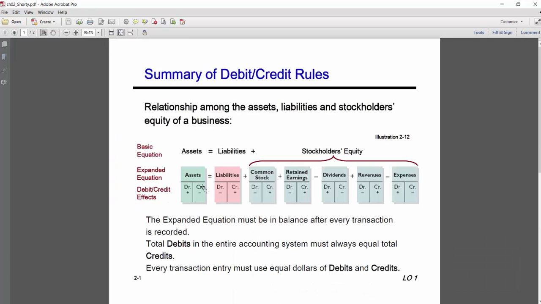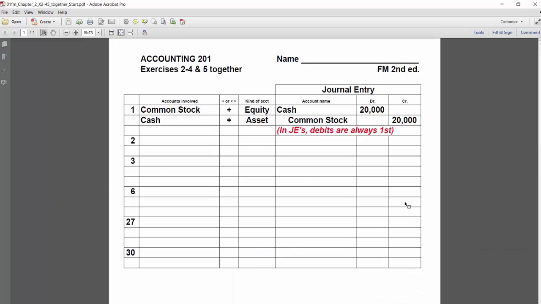This is a recap of our debit and credit rules with our expanded accounting equation, in the order that you recall seeing it in. Notice it has the minuses in here and lots more accounts on the right side of the equal sign than on the left. Let's look at a journal entry. Here's an example of a journal entry here on the right side where it says journal entry. On the left, we have a worksheet that I've come up with that we use to figure out what accounts are involved in the transaction, whether the account's getting bigger, plus sign, or smaller, double parentheses or double pointy brackets,